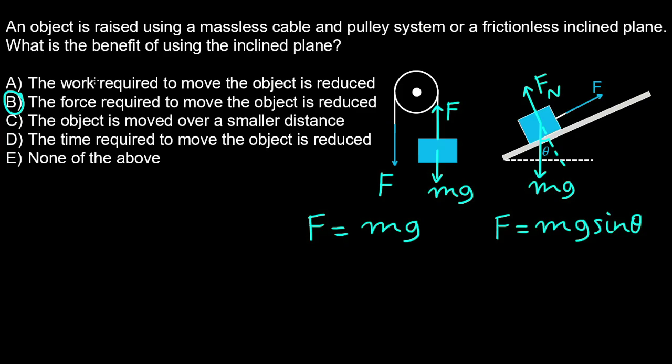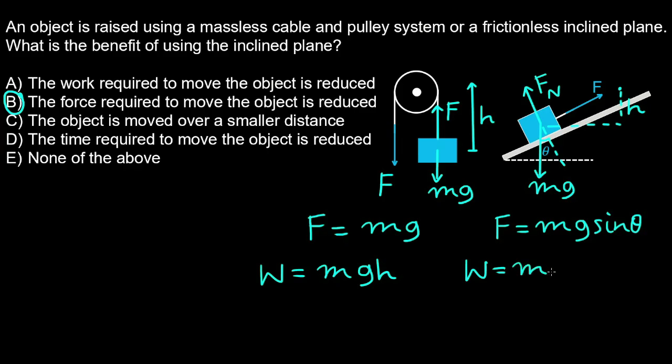And for your information, for case A, the work required to move the object is reduced, which is not true, because if we want to raise this block a height h, and similarly raise this block to the same height h, then the work done by the force F against the gravitational force is equal to mgh in this case, and the work done by this force against the gravitational force in this case